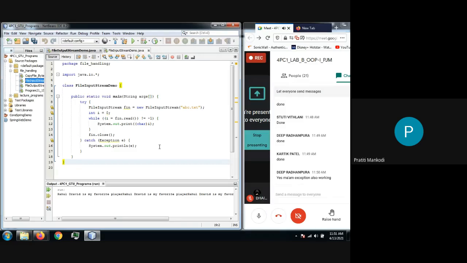You are supposed to create a program which will be copying the content of one file to another. So in that you have to do both reading and writing operations. Now I'm giving you 10 minutes time. If you are not able to, then we'll be discussing. Fine, this is one of the very popular questions in exams also: write a program to copy the content of one file to another.